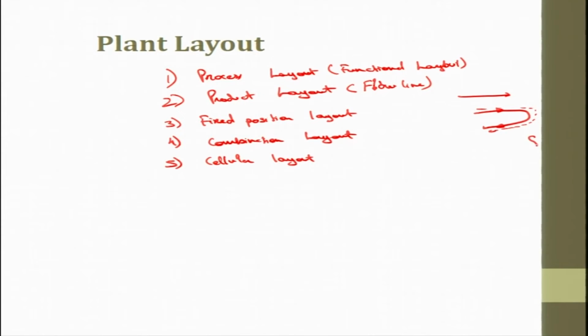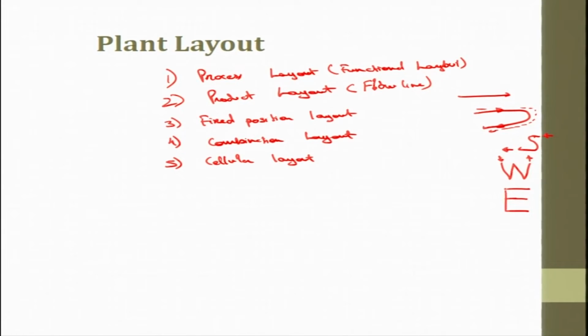So it can be an S kind of layout, which is used when, let me say, this is input and this is output, and these are in the same direction. If the input and output have to be on one side of the factory only, if the entry or the exit of materials is on one side of the factory only, we can use a W kind of layout. So this is input, this is output. Sometimes the buildings are constructed in this way. Sometimes an E kind of layout is also there.